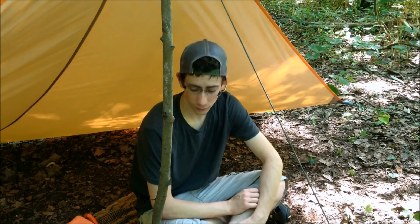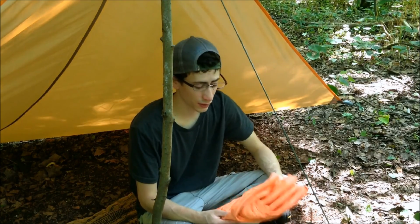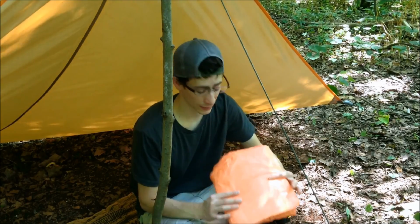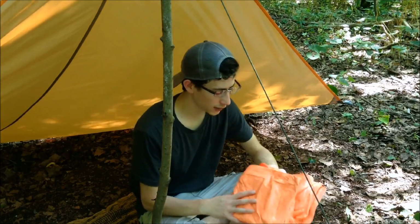How I set up my bivy. Now I did, as you saw, have to use the liner one night. One night was fine. The other night I was by the lake, so it was a little bit chillier that night, and I ended up having to put on my thermal as well as the bag liner inside. Now, I think it performed excellently. I'm very happy with this purchase at only, I want to say, 8.5 ounces compared to the 3.3 pound or 3.5 pound sleeping bag. This is a huge game-changing weight difference in terms of my loadout, and I'm very happy